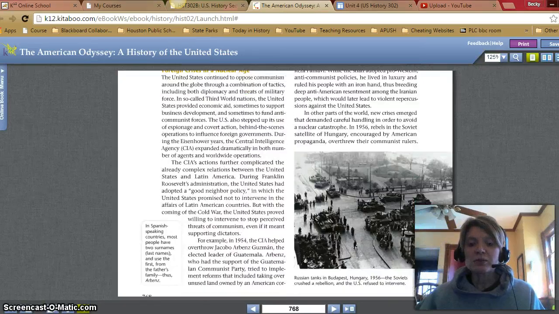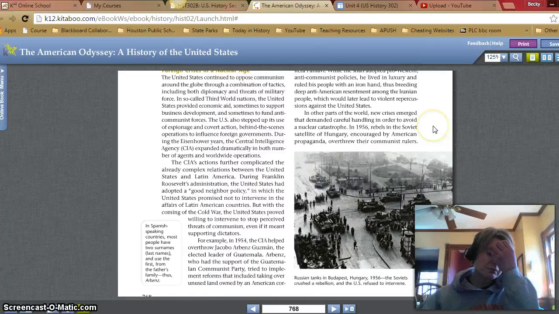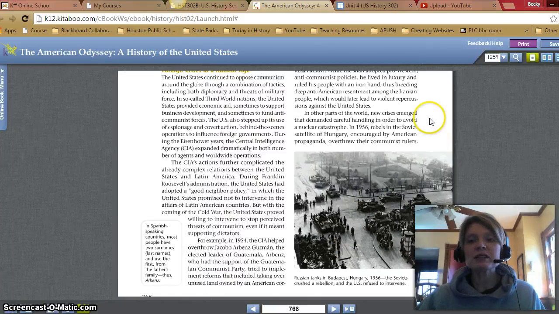And let's look at this little picture here before we read on. Russian tanks in Budapest, Hungary, 1956. The Soviets crushed a rebellion and the U.S. refused to intervene. In other parts of the world, new crises emerged that demanded careful handling in order to avoid